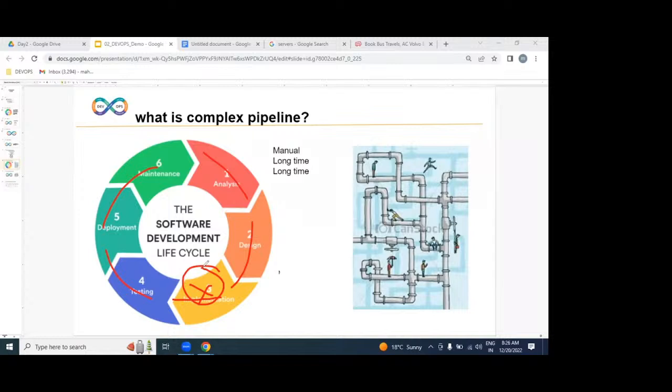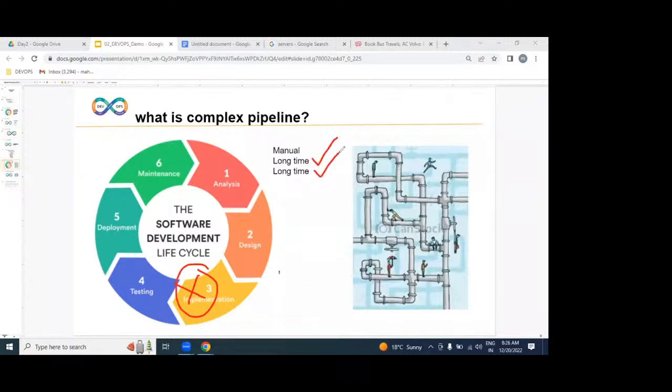No, experts are required here. If you hire experts for this process, definitely we need to pay more salary. Yes or no? That means the cost is increasing. Are we going to deliver in time? No, we can't. That means the quality is decreased. So what is the point I want to tell you? Due to the manual process, if any issue occurs, identification will take a long time, and resolving the issue also takes a long time.